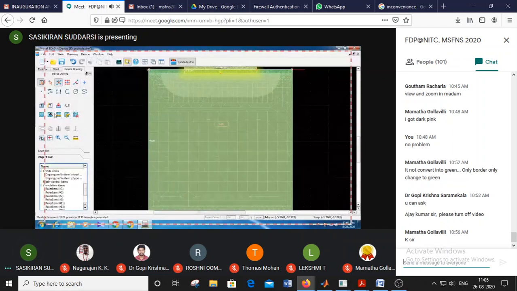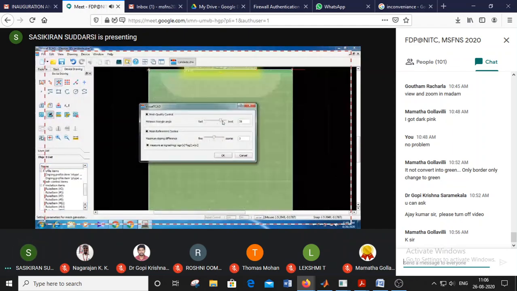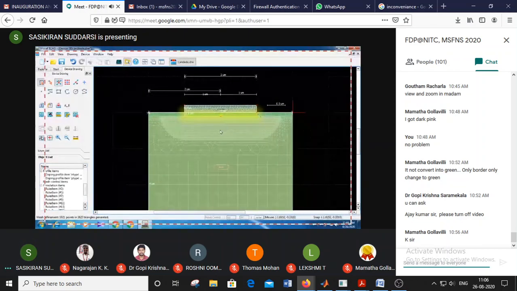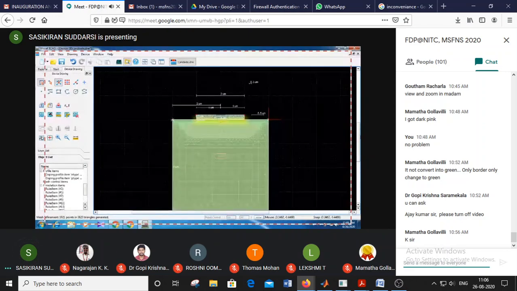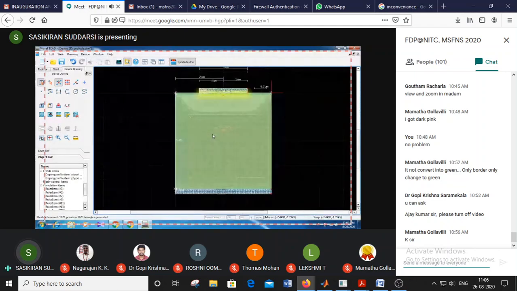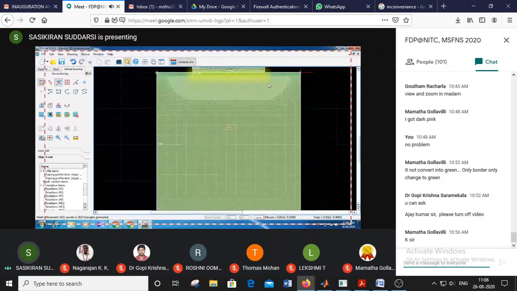Again I am doing the mesh, and now the points have increased. So this is how you can see the number of points and adjust the mesh.